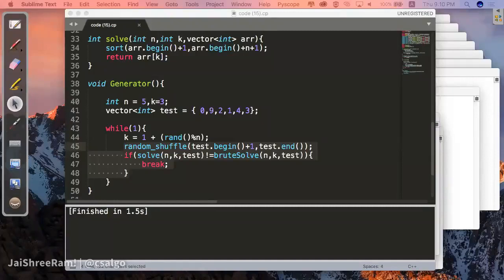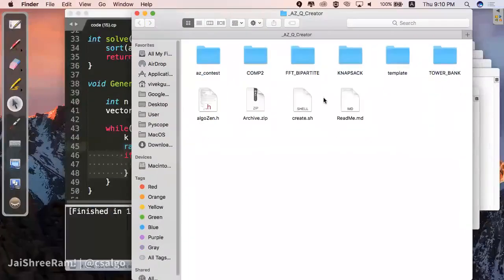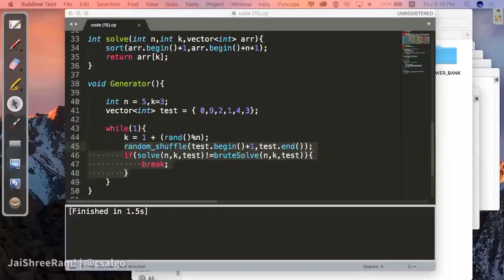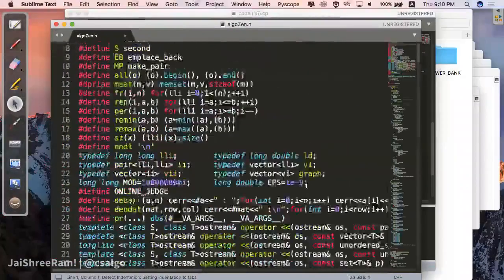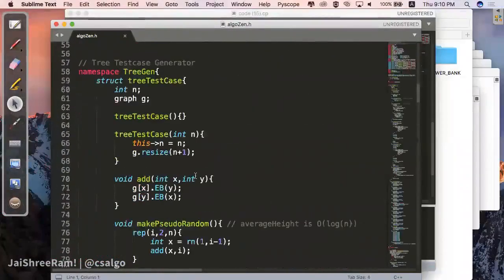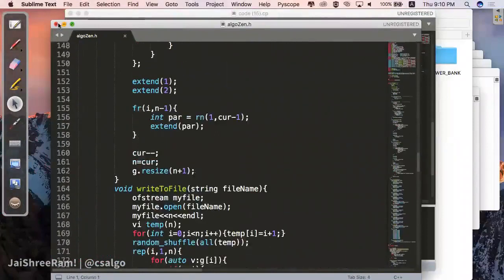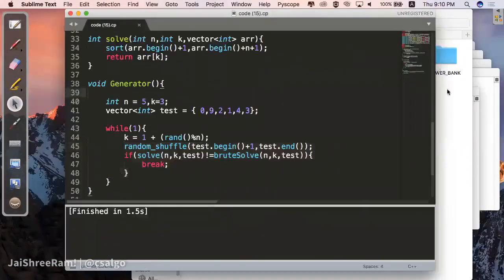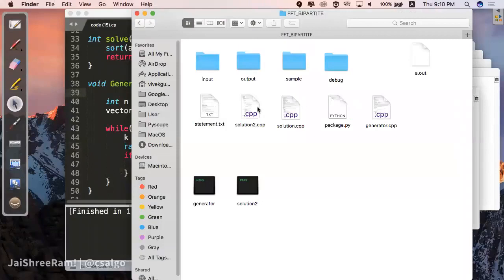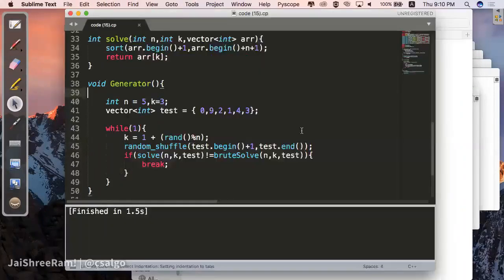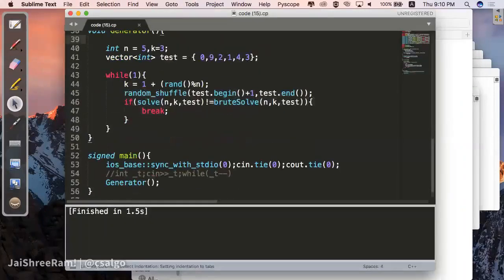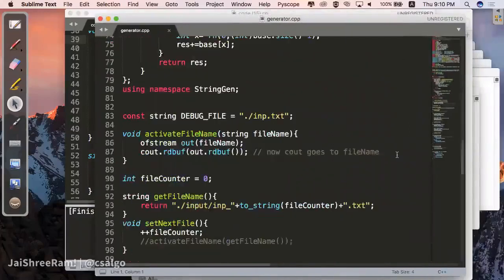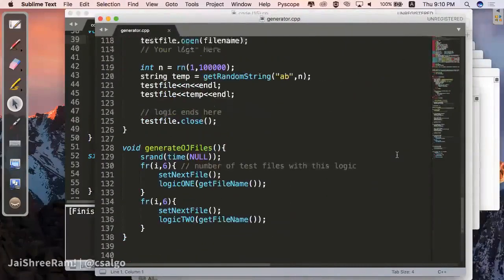In general, we have some setup which is given. We create a header file which we use for a lot of test cases, like tree generators and other things which we use to generate test cases. Apart from that, for every particular problem, we write a generator which generates sample cases and test cases. So we generate files which you see on the OJ.